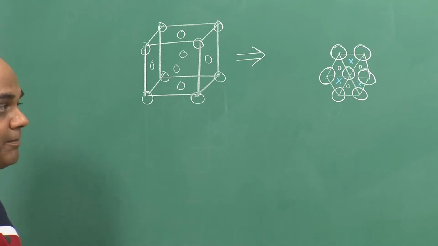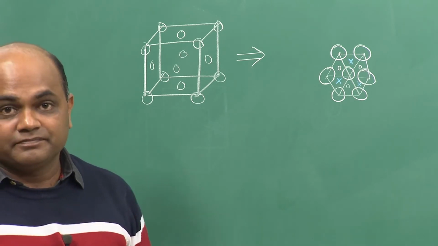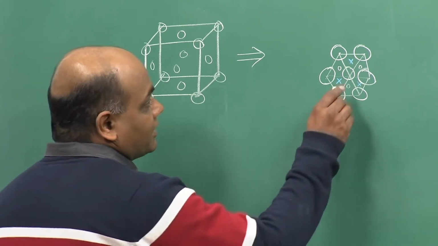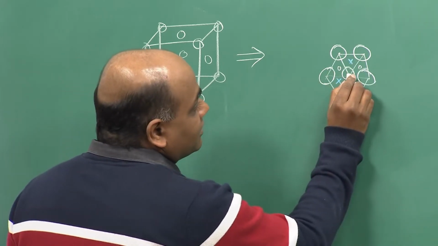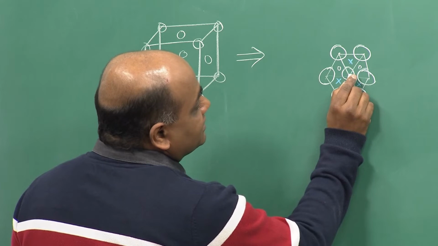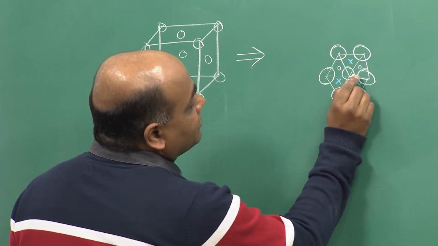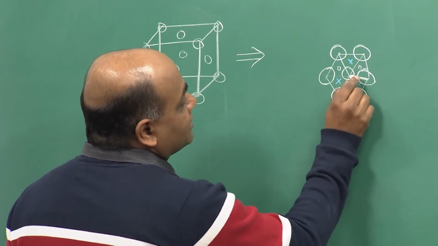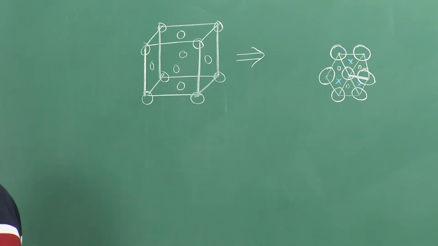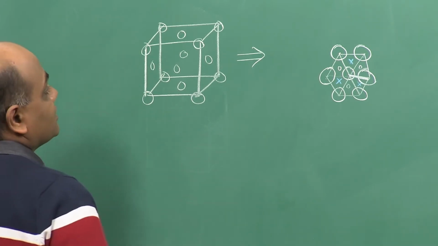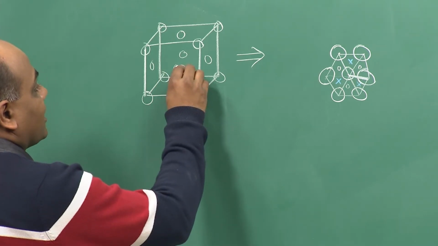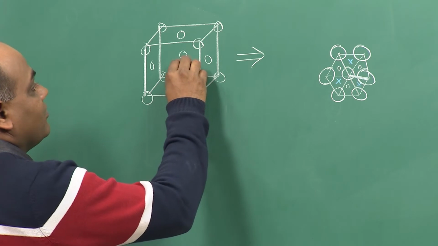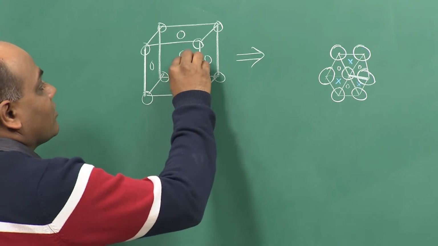And what would be the jump length? So, this central atom, there are 12 nearest neighbors. So, the jump distance, that is the distance between the nearest neighbor atoms. If we mark this length, how much would it be? We can figure it out. It will be essentially any face center atom moving on to the corner